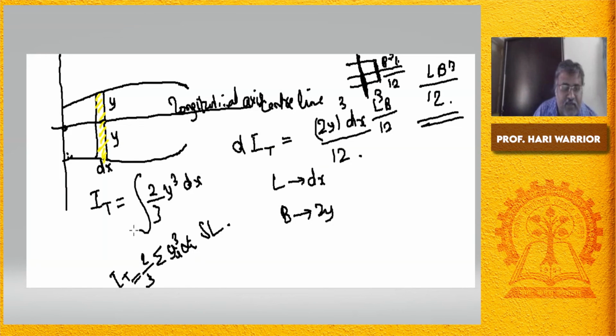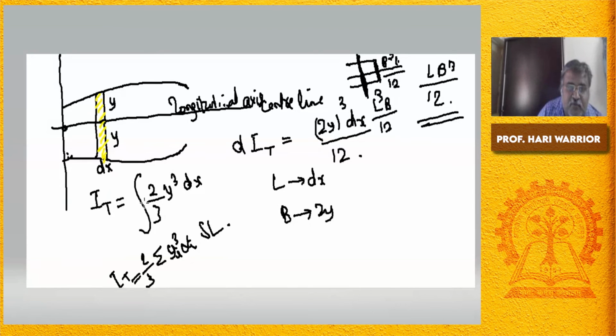Now comes the part which I want to stress on. Suppose you want to find the transverse. So what have you found here? You have found the moment of inertia, or the second moment of area, of the water plane area about its center line, or the longitudinal axis. The moment of inertia about the longitudinal axis involves taking these transverse distances, as a result of which it is called a transverse moment of inertia. So this is called IT.